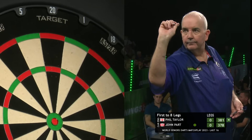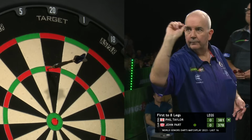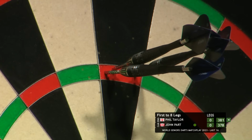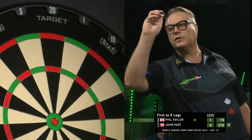Took R.Thornton to a deciding set, and he's, of course, a winner of both World Championships and this tournament last year. That's right. Well, Phil's in...